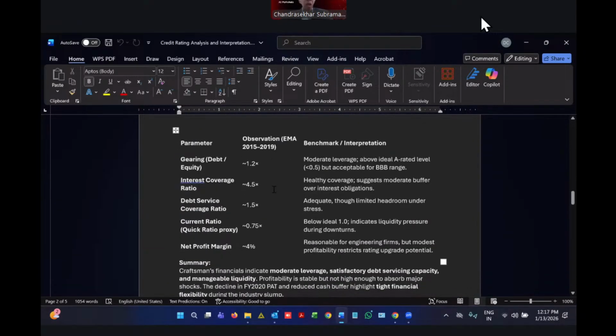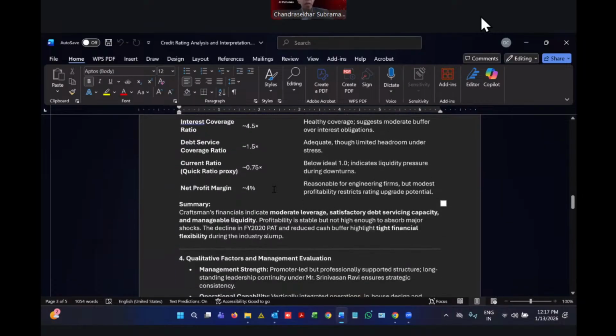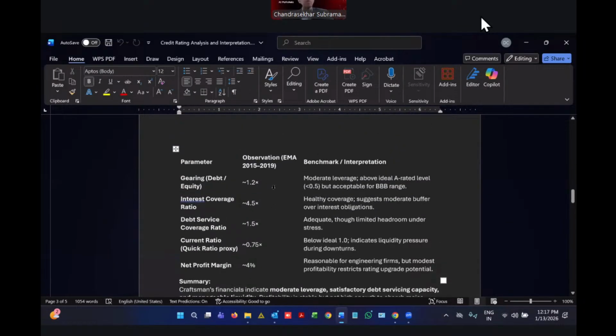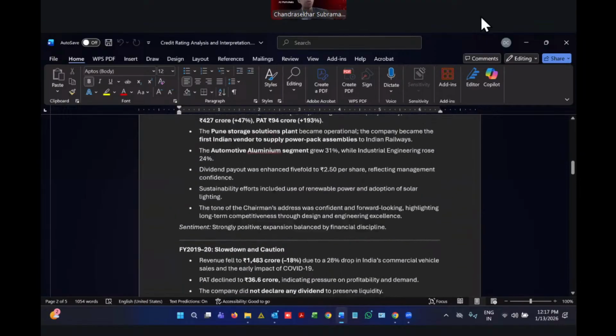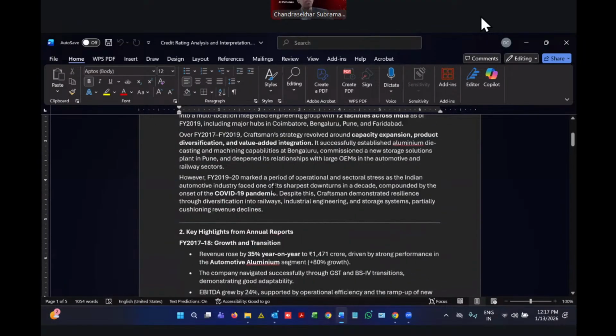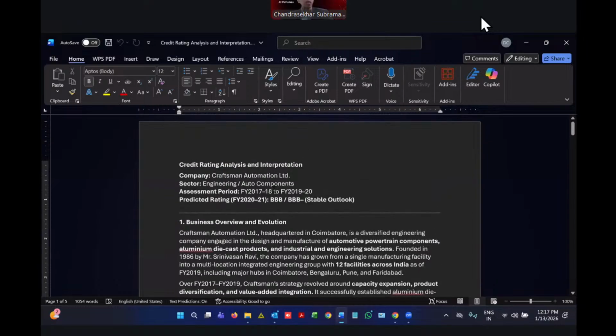What type of outcome it is giving, and we cannot get this type of outcome without using LLM. There is no way you can produce a report. Much of the quantitative work we have done using a Python program. There is no point in showing that code. Afterwards we have integrated it with ChatGPT. Some of those outputs will go to ChatGPT. Now you give a prompt to ChatGPT that this is what has been done, this is the projection, prepare a report, and it will do it. And we have used retrieval augmented generation so that whenever you put a query for this company,